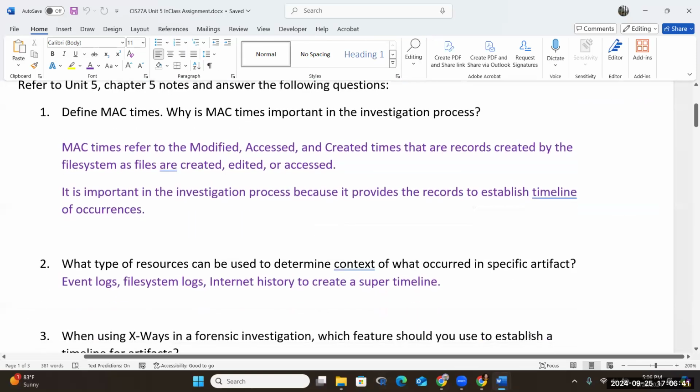So MAC times refer to modified, access, and created times. These are records created by your file system. And we learned in the prior chapters that Windows has different file systems than Linux and Apple systems. So when you're looking at the platform of the computing system, the operating system is a way that the human can interface with the actual computer to be able to use the files, create the file, or modify the file. So through the operating system, we see that the file system, the files,